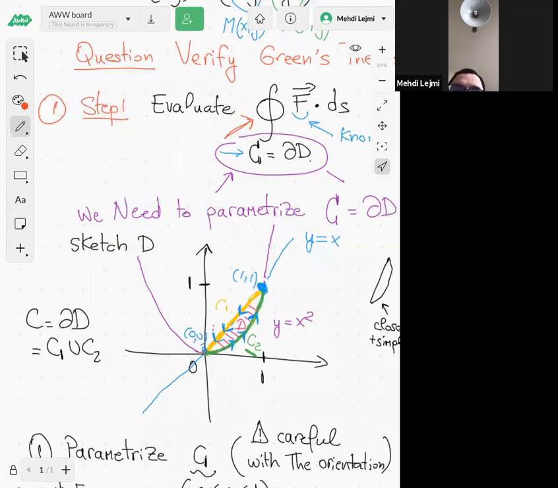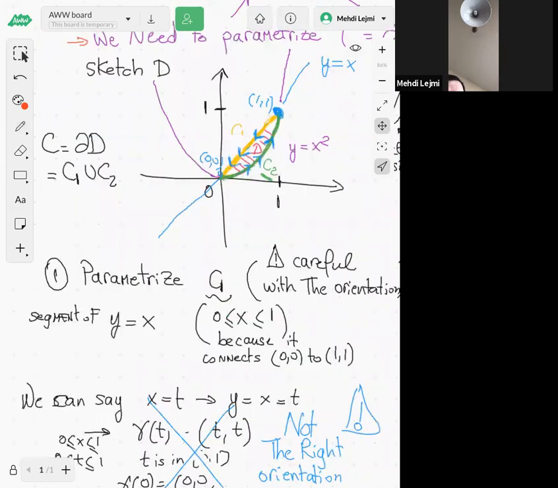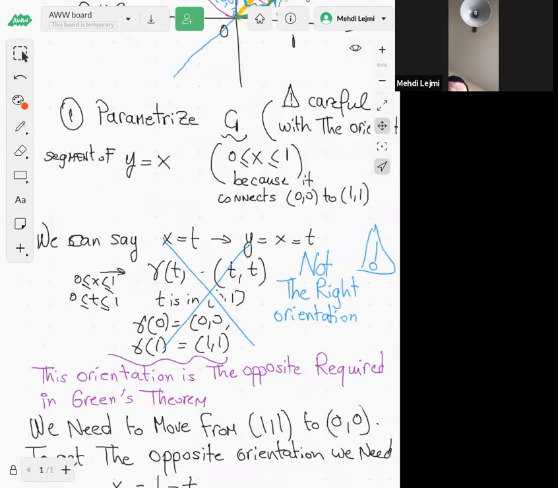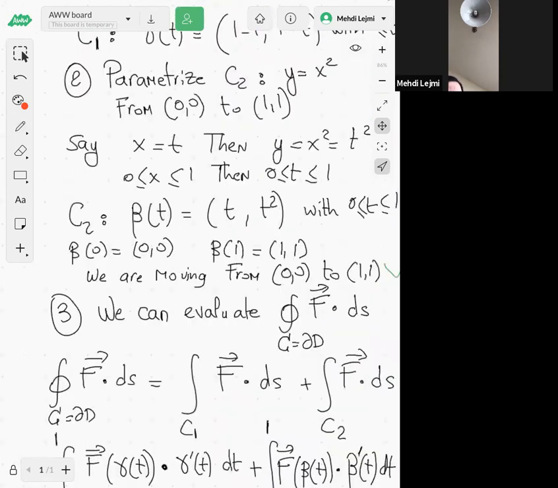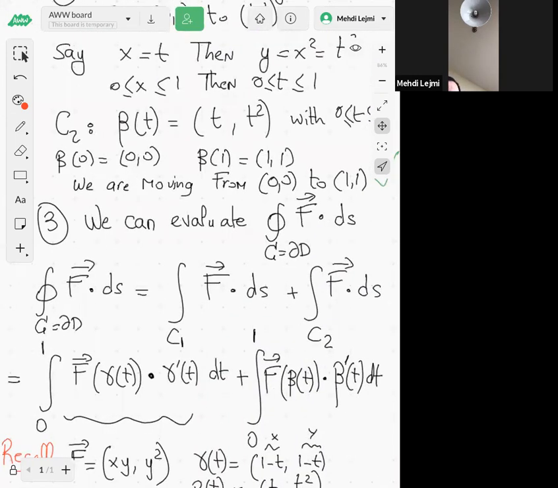So the problem is, the vector field F, capital F, is given. That's not a problem. The problem is to parameterize the boundary, right? So that's what I said here. We need to parameterize the boundary. And that's what I did here, right? And so the boundary of my D was C1 union with C2. And then next, I tried to parameterize C1 and C2. And once you parameterize the boundary,